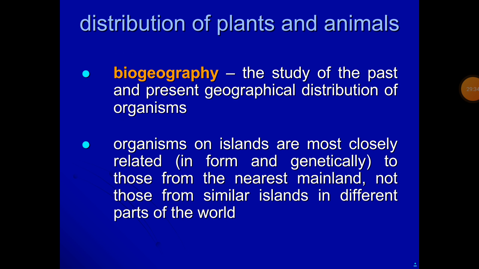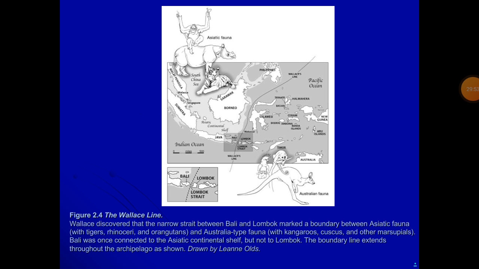Biogeography is the study of the past and present geographical distribution of organisms. Organisms on islands are most closely related in form and genetically to those from the nearest mainland, not those from similar islands in different parts of the world. Just like what we had in the Wallace line, which differs in animal forms,